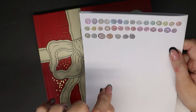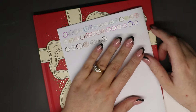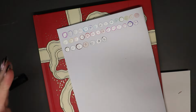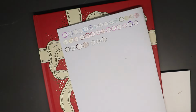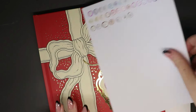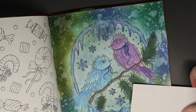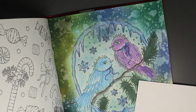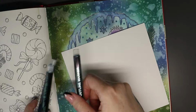Now my only thing with these pens is I wish the nib was a little bit thinner. I've got something else. Maybe not as thin as that, but between this one and then what they actually are, because I'm just thinking, I've not tried them yet, but if I'm using them on this colouring page, my idea was to outline, but I don't know. I'm just gonna see. But first of all, I've got some watercolour paper, and I want to try a couple